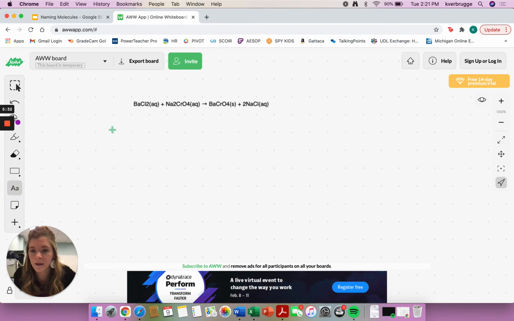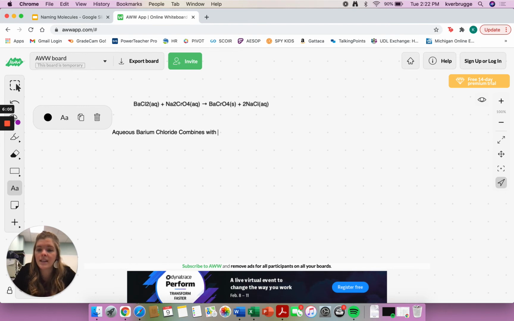So I'll type out this one. We have BaCl2. BaCl2 is again an ionic compound, so we're just going to name the first element, barium, and then we have chlorine, but we have to change the ending to chloride. So we could say aqueous barium chloride combines with. This combines with term means adds to, combines with